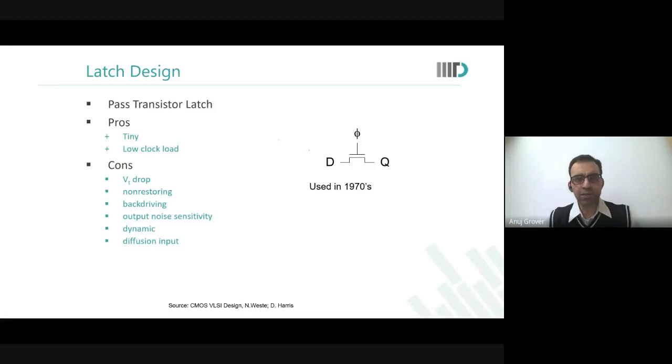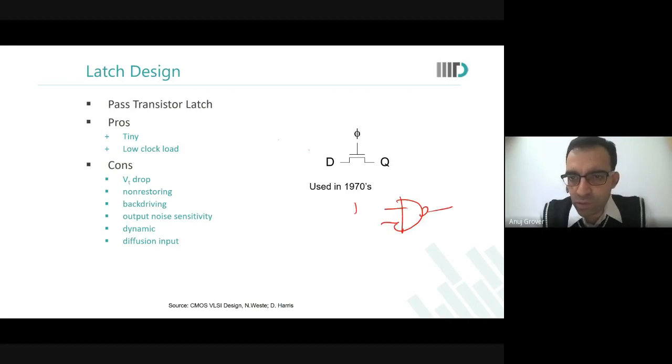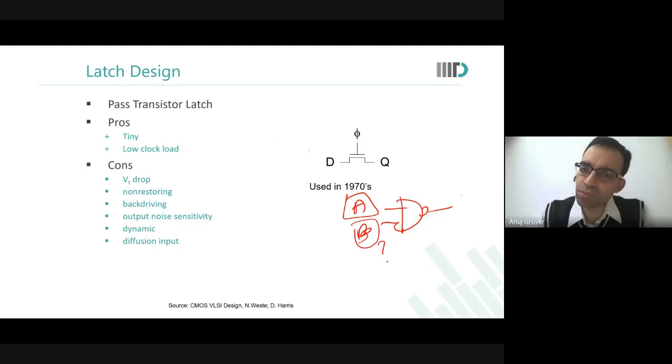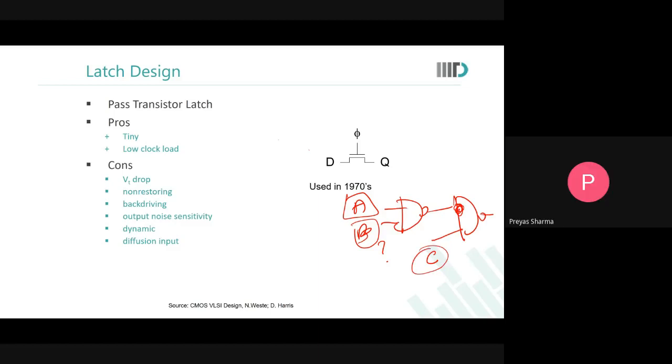No, how would it come? Consider a NAND gate. Let us say there are two inputs, A and B. Will the input capacitance of A depend on the status of B? No sir. Let us say there is another NAND gate after this, with an input C. Will the input capacitance of this input depend on the status of C? No sir. That is the challenge.